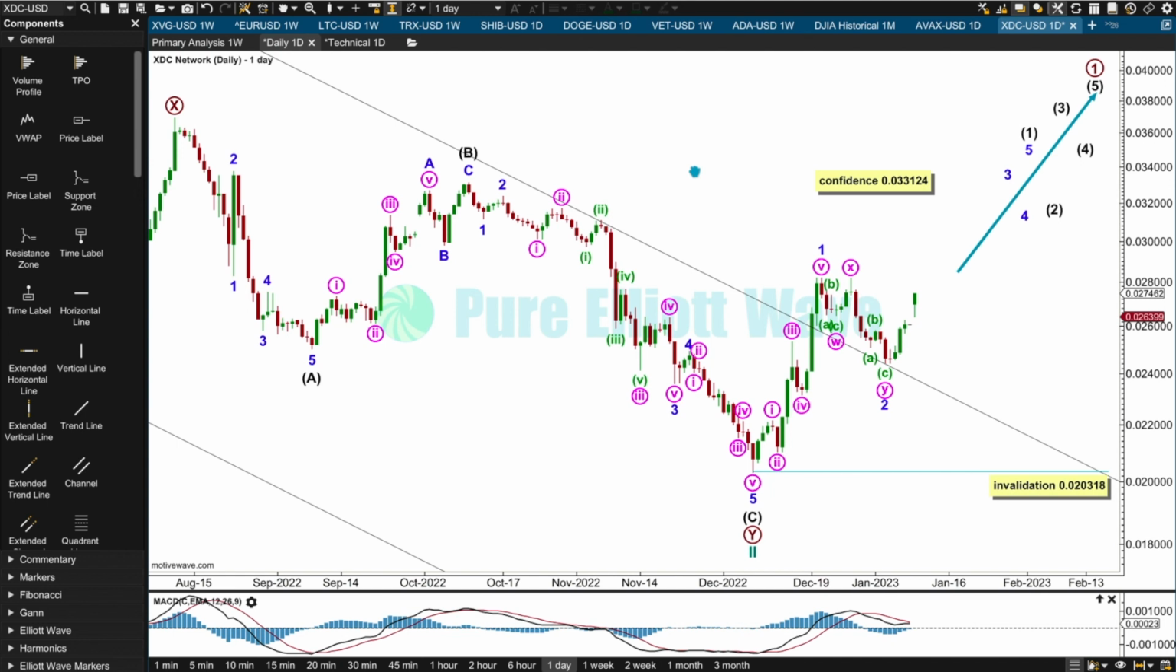And if you've got Motive Wave, those were a couple of tips on how I use it. There's a lot more to it. If you have any questions about how to use Motive Wave,